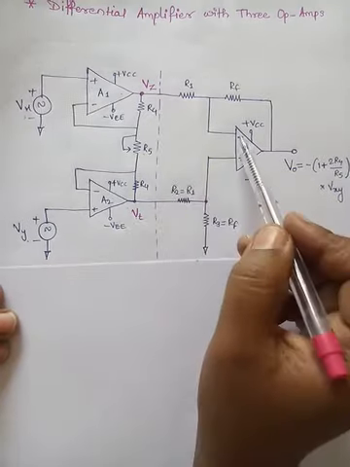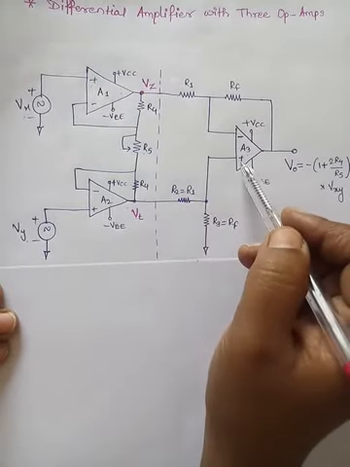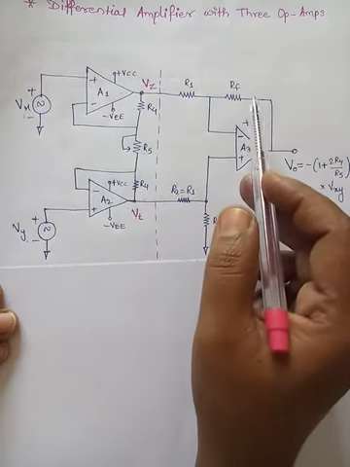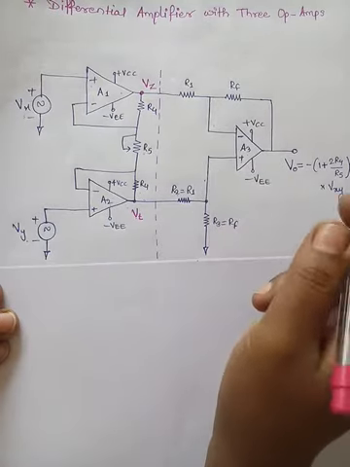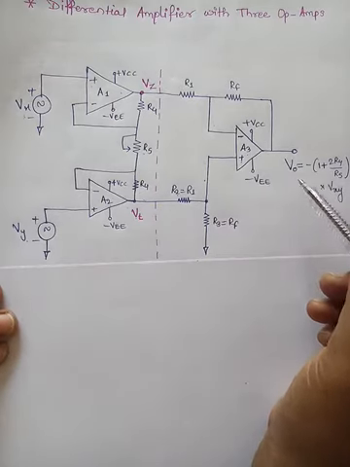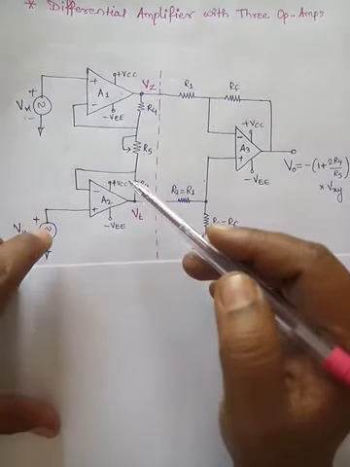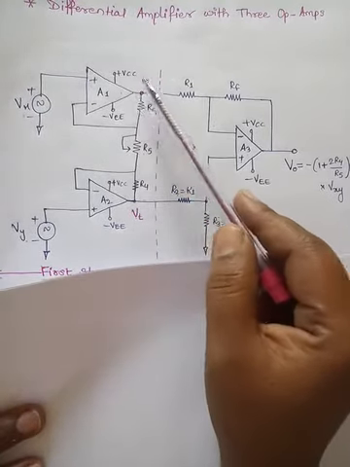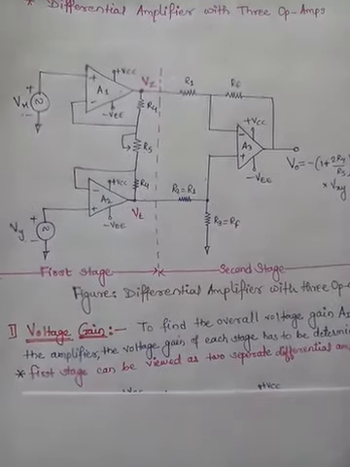Vz is given to the inverting input through R1 and Vt is given to the non-inverting input terminal through resistor R2. The third stage has two inputs, so it is again a differential amplifier. We have to find the output voltage for this differential amplifier and how it is better than the first two. This is the first stage, which has two input signals and two operational amplifiers, with Vx as input to this. Now we will see the first stage and this is the second stage.